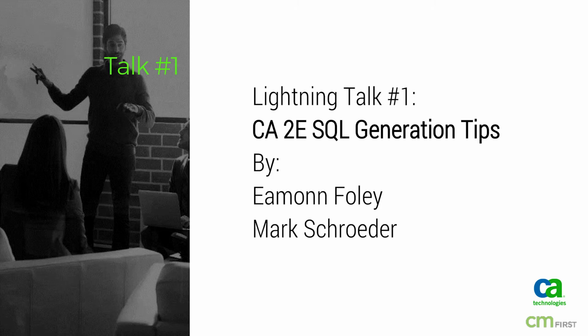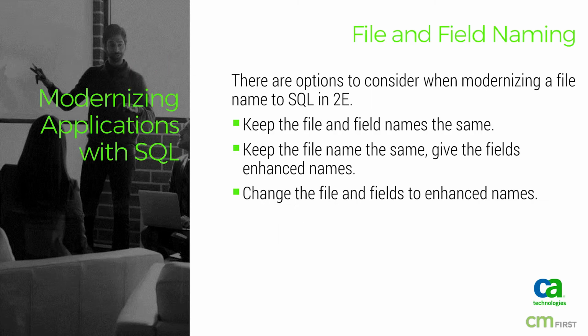Okay, what we wanted to go over were just 2E SQL enhancements, one of the most common setups for existing systems who are looking to move to SQL from the old DDS model. The most common options that everyone wants to keep in mind when planning to modernize to SQL from DDS: are we going to keep the file and field names the same? So are we going to keep the wonderful AABBCD that we all know so well, but confounds everybody who wants to access that data? We're going to keep the existing file names. We're going to give them more descriptive field names, or are we going to go ahead and change both the file and field names?